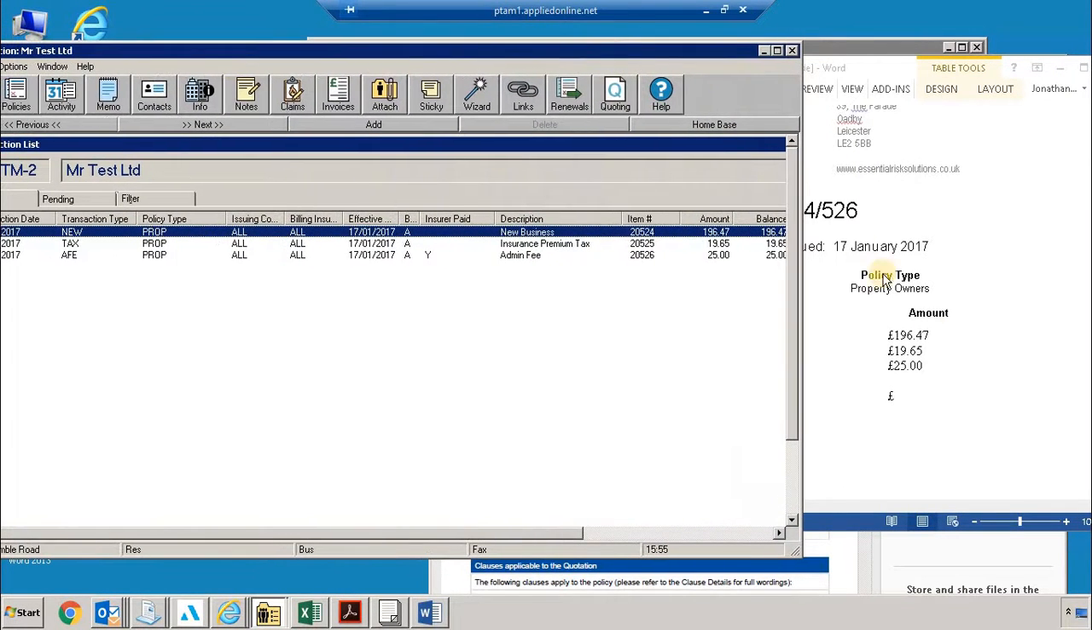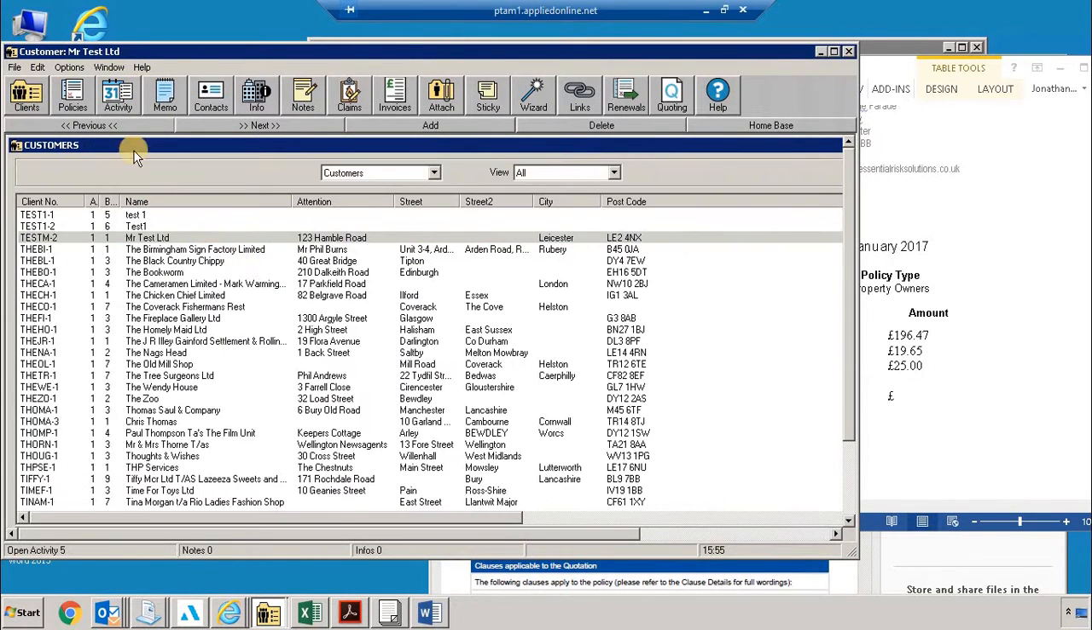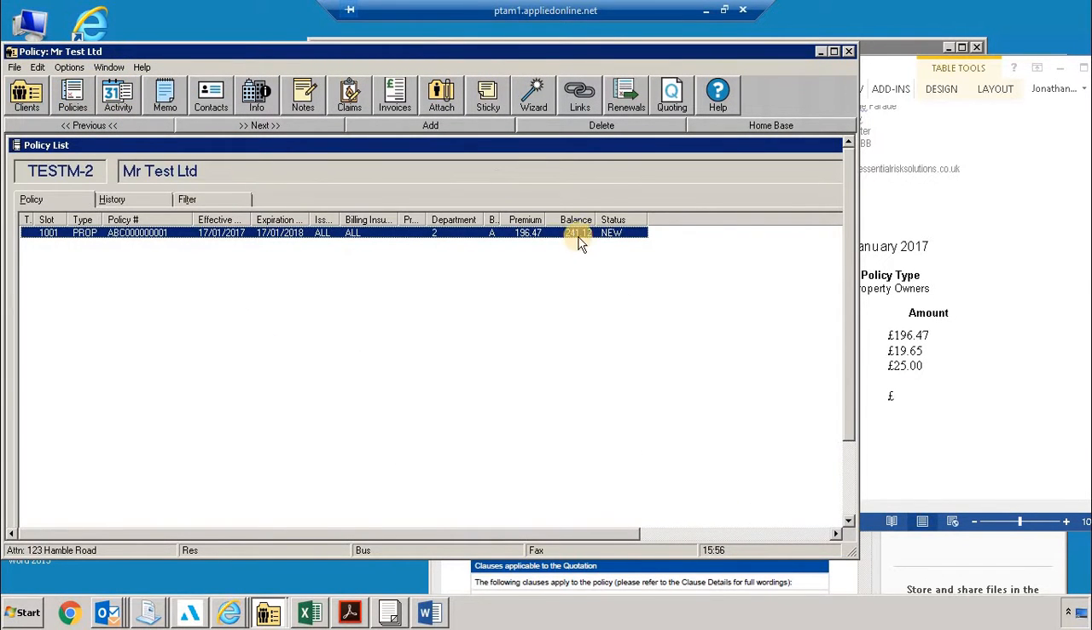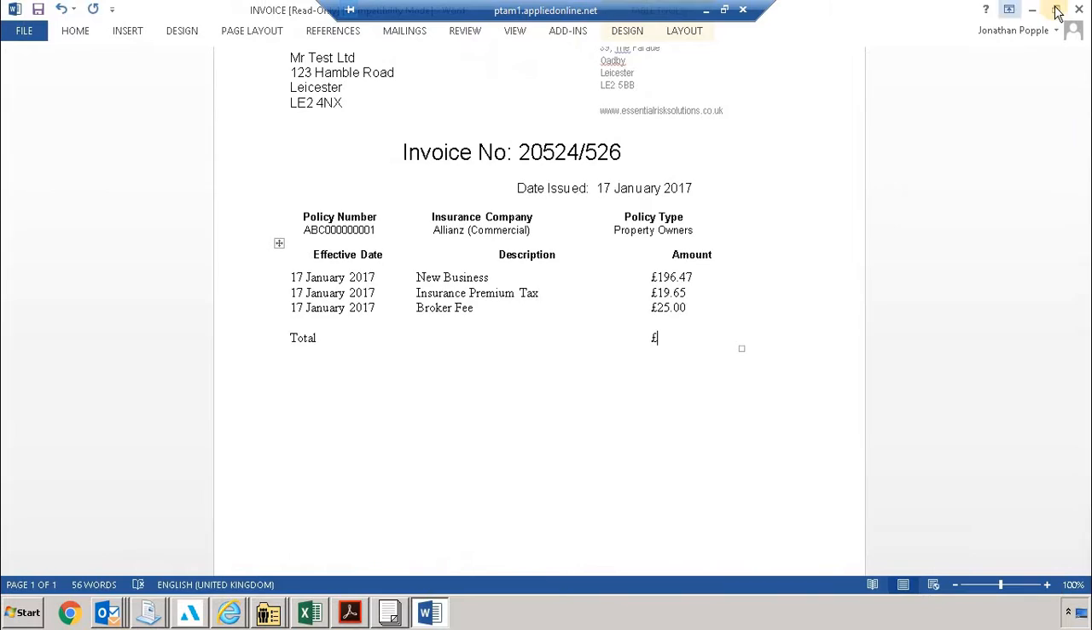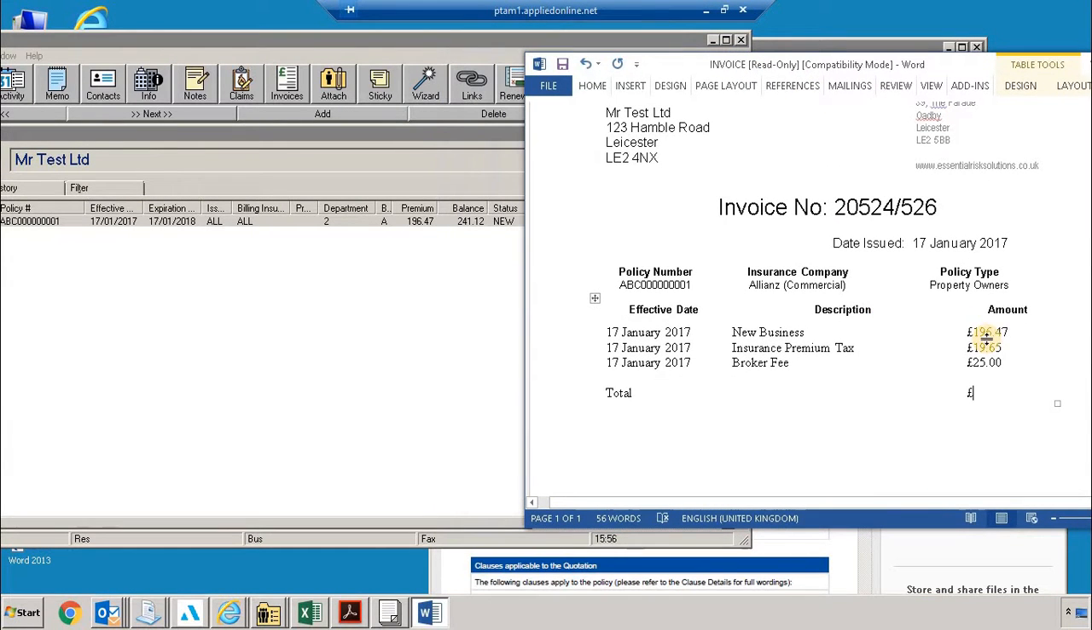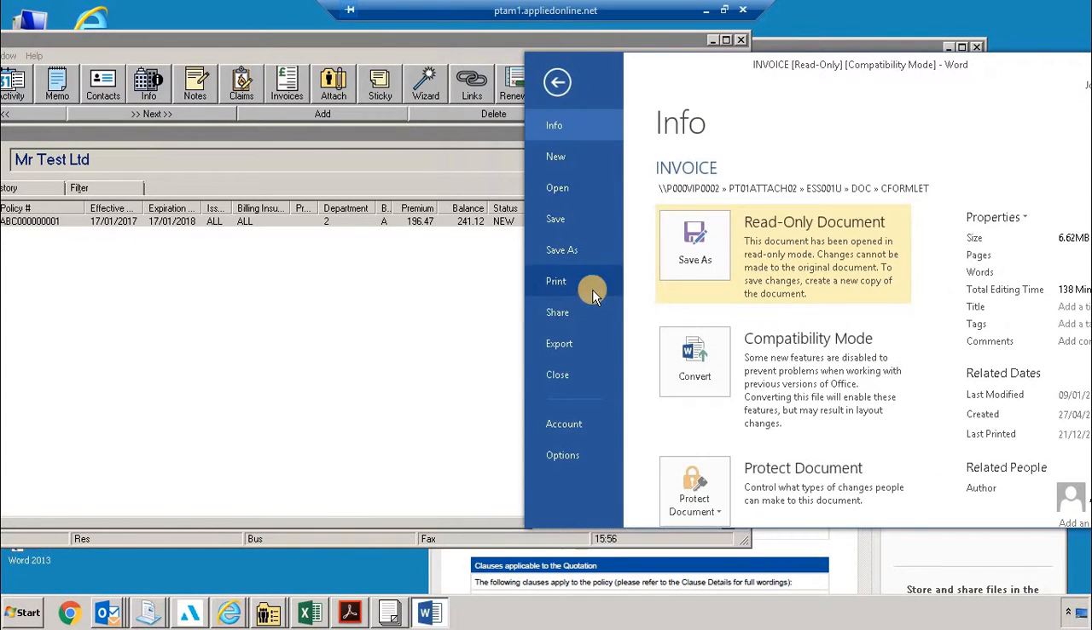Okay. Now for the total, we can sit and add that up, but I just wanted to show you. If you click on the policies, it will give you a balance. It will add it all up for you of what's outstanding. So given that all of it's outstanding, that will be the correct total. So if we go to File and Print,